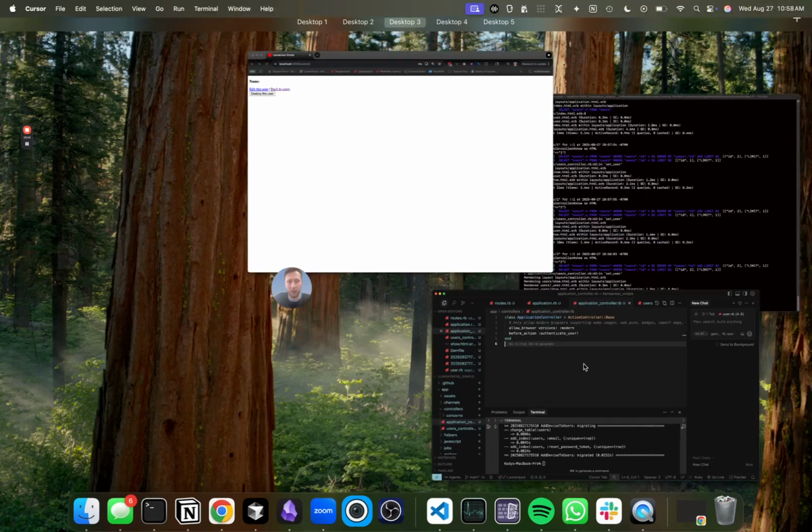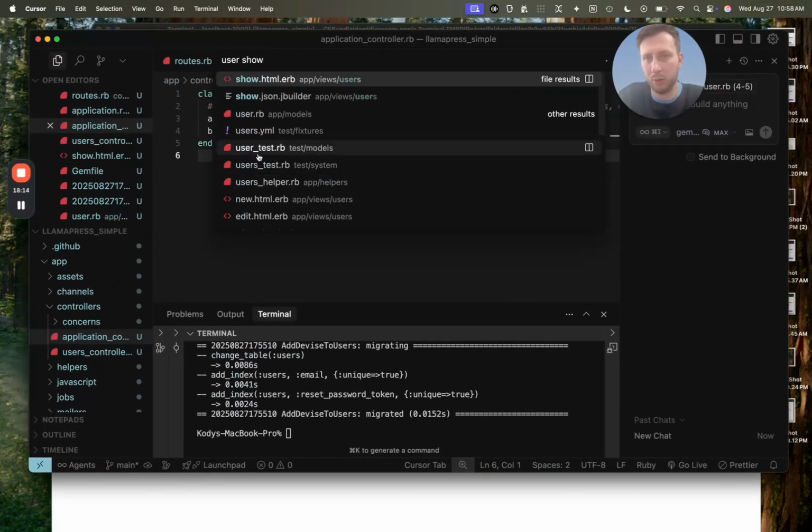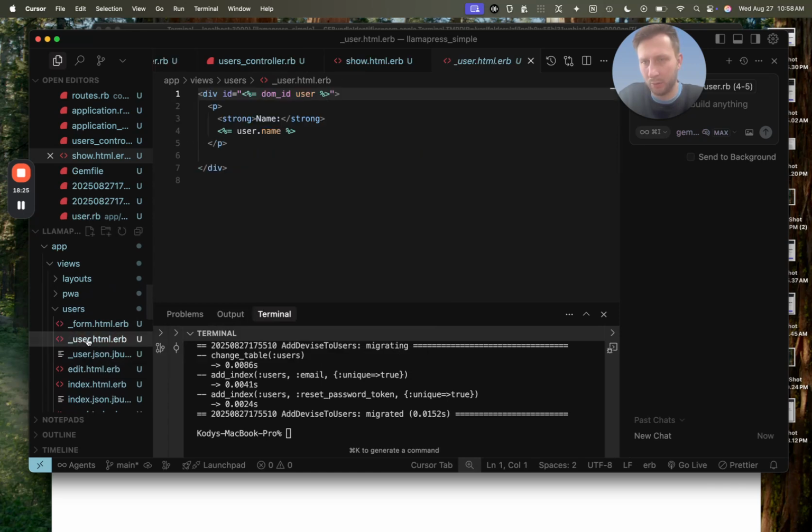You would have to go in and modify the view for show. So you go to show.html.arb, which is in app/views/users. And in here, it does render user, and that render user actually takes you to this partial right here. And what we could do is